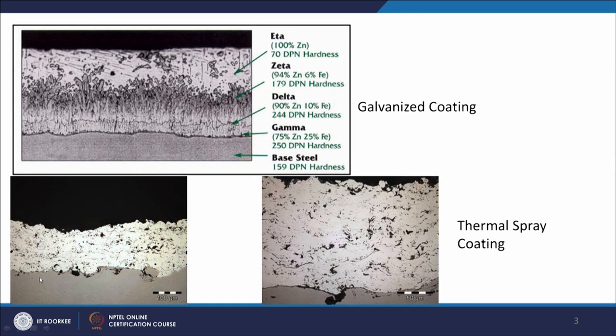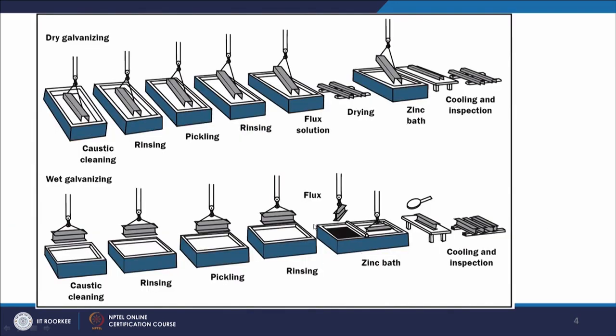coating processes, we can see there is a clear interface and no such compounds are formed at the interface, although sometimes some of the elements get diffused into the substrate and some compounds are formed. But here it is more of a metallurgical bond, and somewhat less metallurgical bond is created in case of the thermal spray coatings. Procedure wise, the galvanizing involves cleaning using the caustic solutions, and then it is rinsed